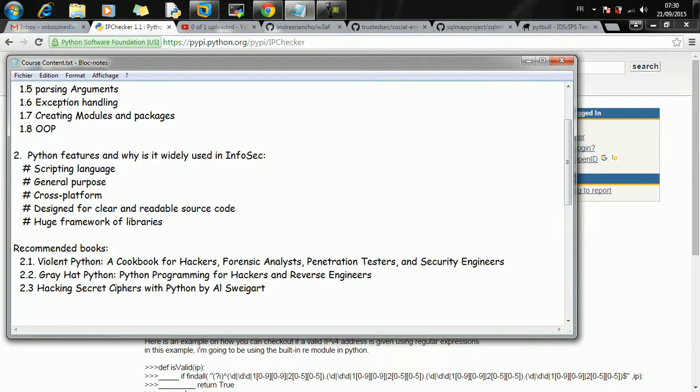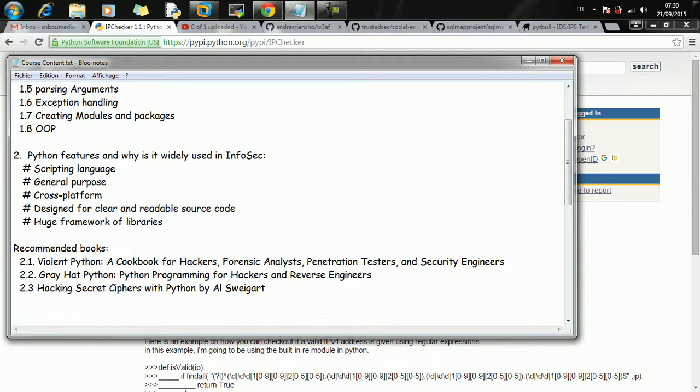It is used for a generic purpose: hacking, web development, system programming and other stuff. It is cross-platform, so you can install it on GNU Linux, Windows, and Mac OS X. And by the way, Mac OS X and GNU Linux ship with Python preinstalled.